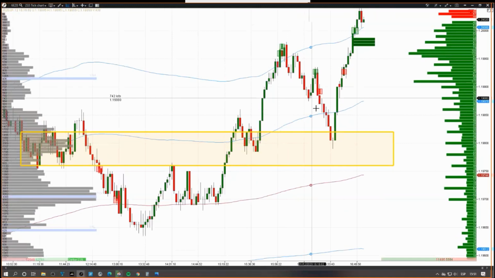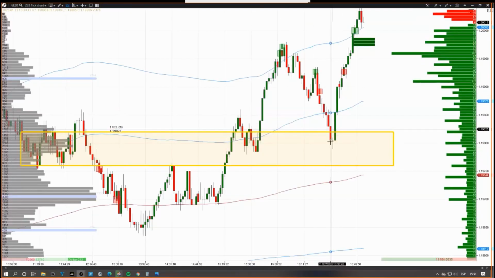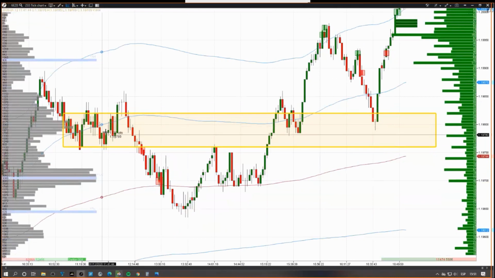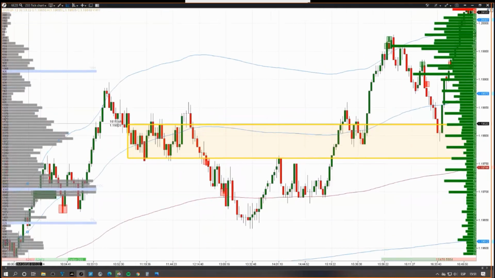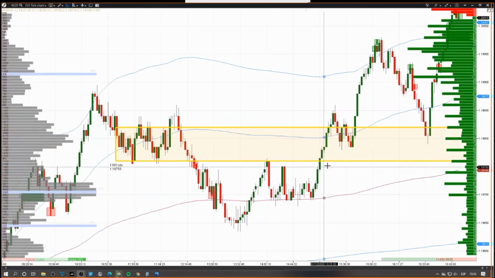But look what happened when it tries again to go on the downside. In this case, it is having a hard time again going through this dense area, because this volume, which you can see here on the left, is a lot of volume and very hard to go through. There is a lot of resistance in this case.